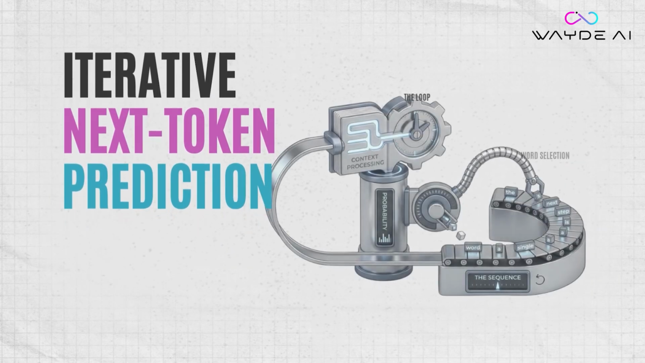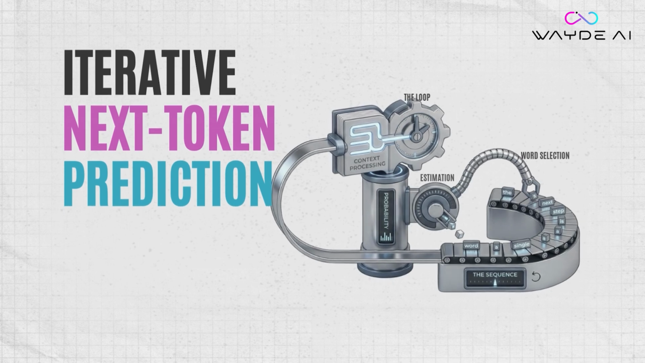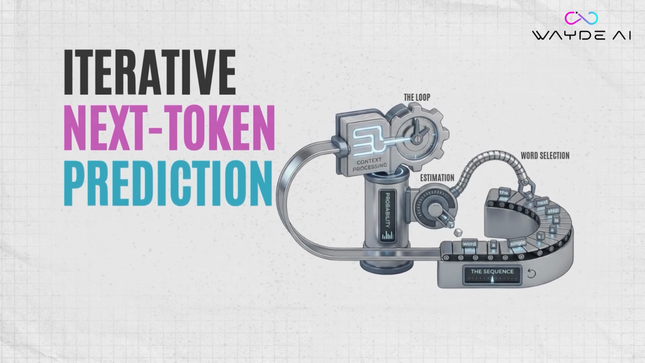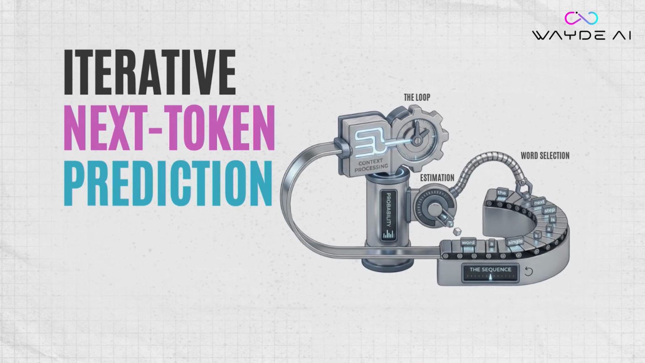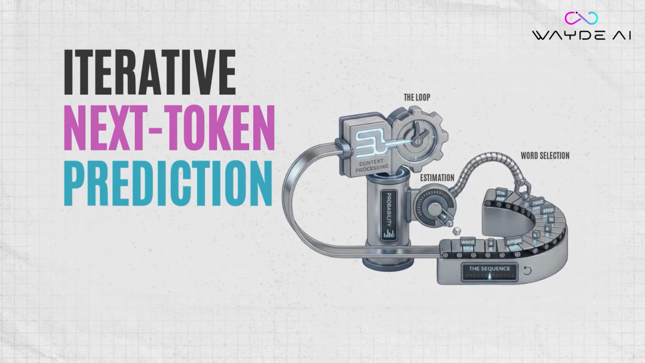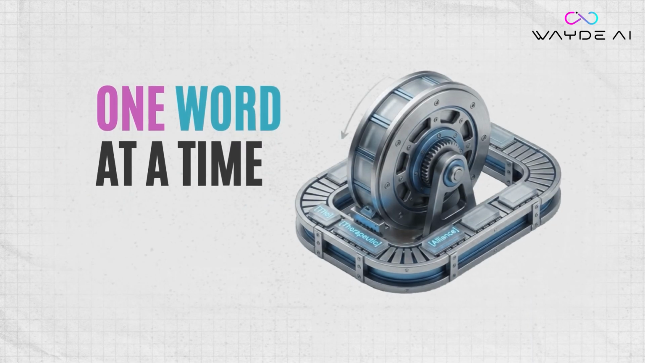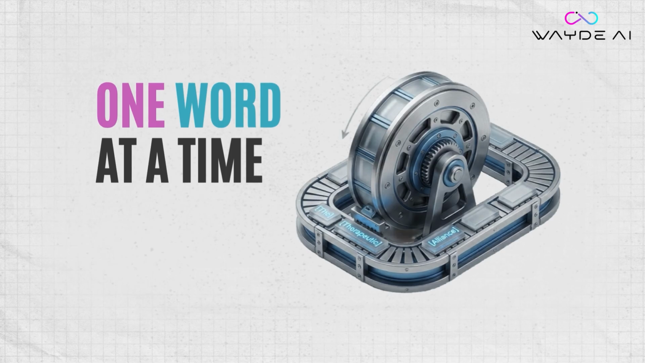Once the model selects a word, it adds that word to the sequence and repeats the entire process. Context processing, probability estimation, word selection, again and again and again. One word at a time until the response is complete. That means the response you receive was not retrieved from a database. It was not written all at once. It was built step by step, one word at a time, each step based on the probabilities calculated from everything that came before. And because each step is probability-based, fluent language can be produced even when the underlying information is